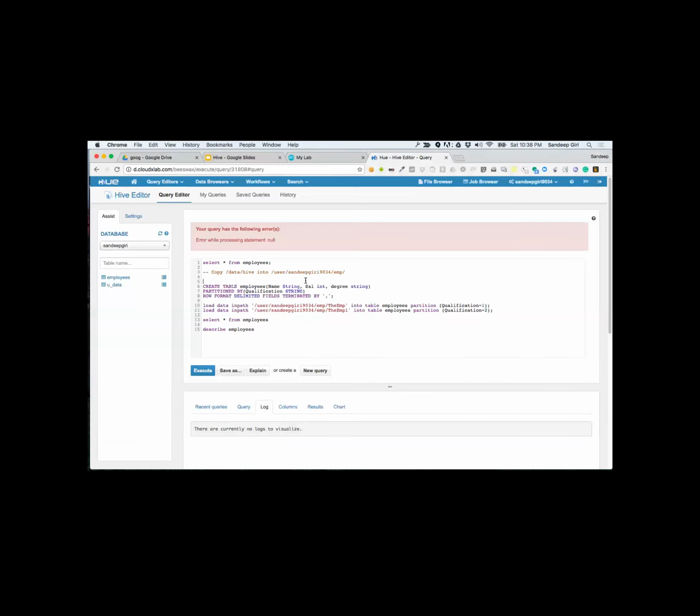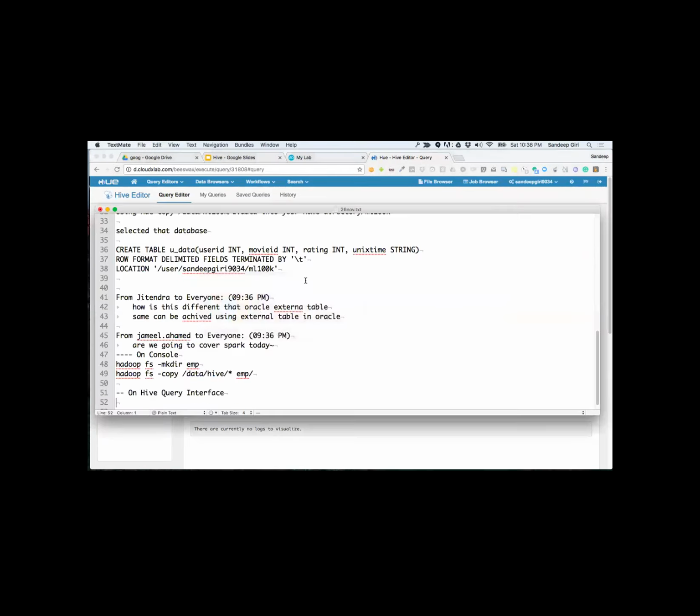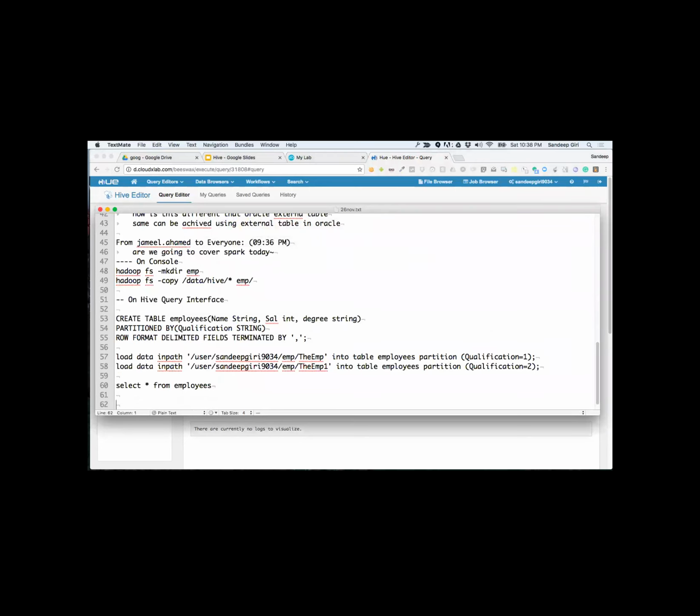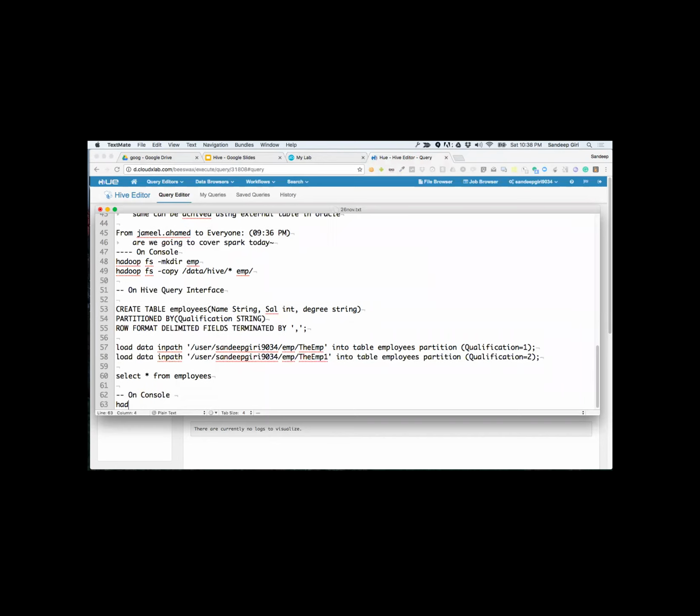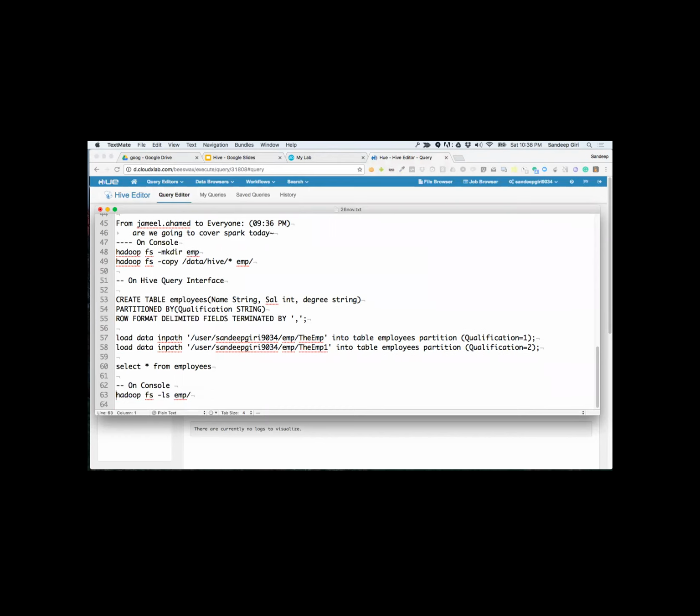So moving ahead. All right. Let me just copy paste all of this to you so that you can also try it if you want at a later point of time.